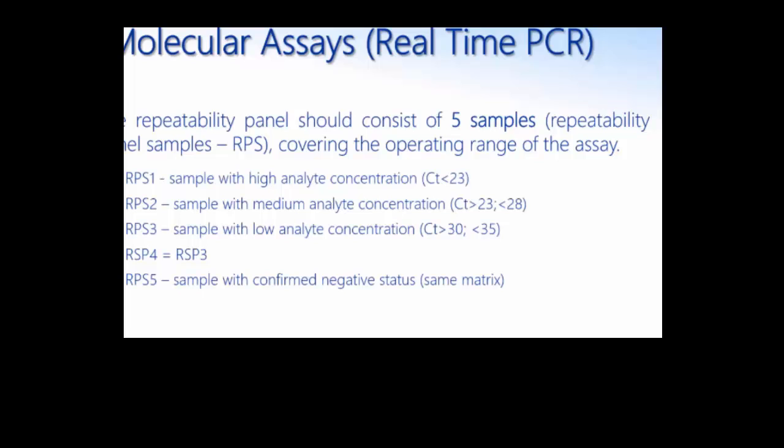And the fifth sample can come from the negative matrix, so the same matrix as the previous one, the matrix which is